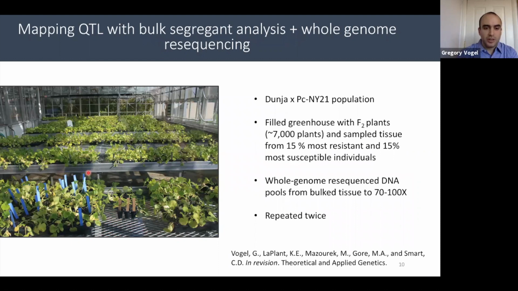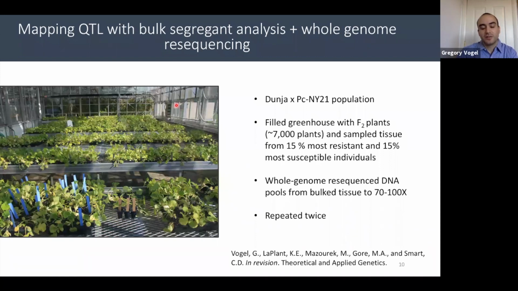So this is the strategy that we employed to identify markers. We crossed Dunja, which is the susceptible zucchini I showed earlier that has really high quality as a zucchini variety, with one of those breeding lines, New York 21, developed a large F2 population, and then basically just filled a greenhouse with F2 seedlings. We sprayed those seedlings with a suspension of Phytophthora capsici zoospores, and then I walked through the greenhouse 3 days later, identified the plants that were first starting to wilt, took leaf punches from those plants, targeting around 15% of the population, came back another 5 to 7 days later, identified the plants that were still alive at that point,